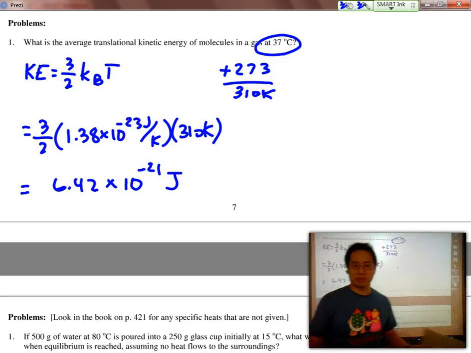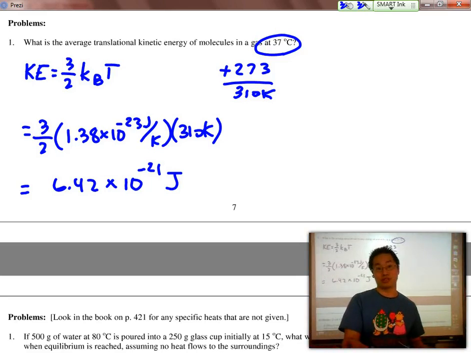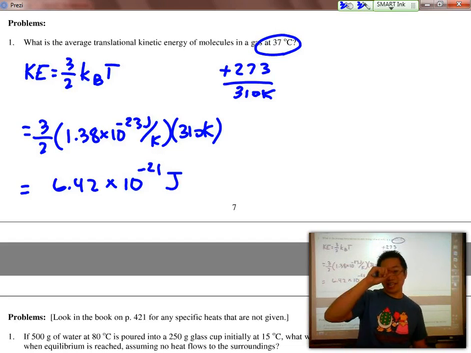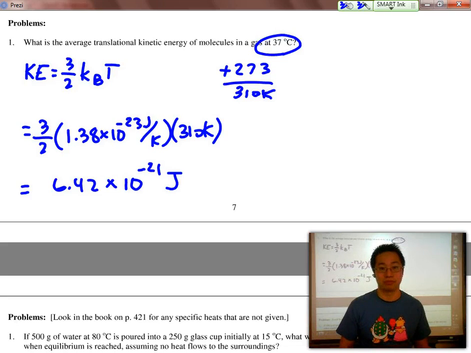And you might be thinking, well, that's not very much. It's an extremely tiny number, and that's true. It is an extremely tiny number. But we're talking about one gas molecule, one teeny, tiny gas molecule. If we were to solve for how fast that gas molecule is, well, I could then use the formula that